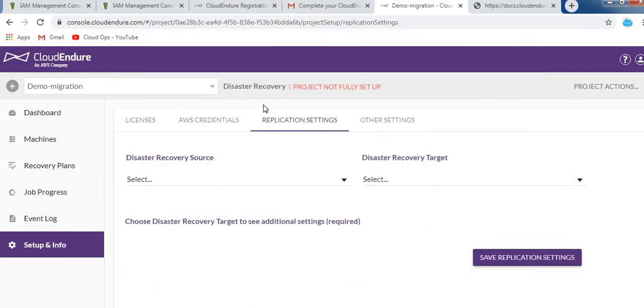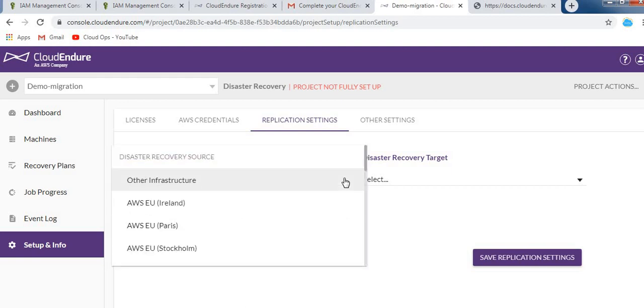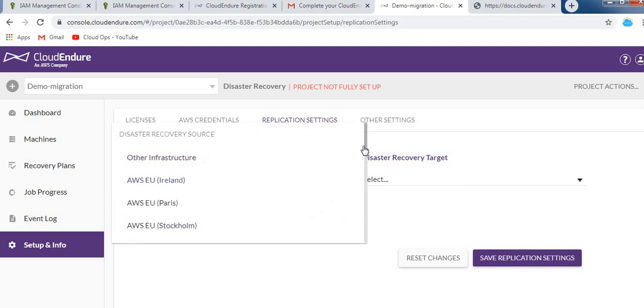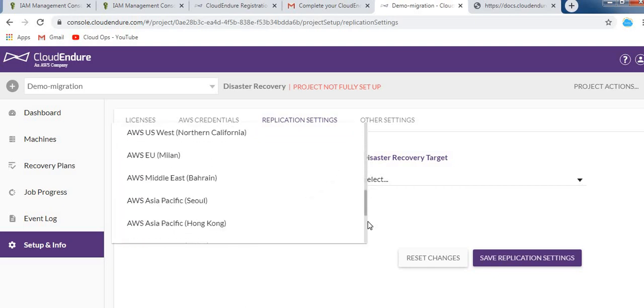So we are here, setup info, replication setting. Here, disaster recovery source and the target. The source can be your on-premise, AWS, VMware, whatever you want to select.